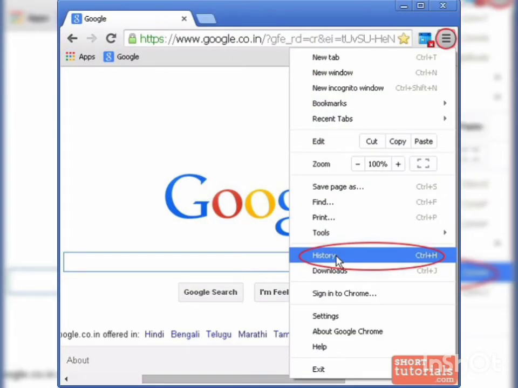How to view history? Step 1. Click on the history menu on the browser. Step 2. Click on the option Show All History. A library window will open and this will show you all the history of the visited websites. In this way, we can see the history of our search.